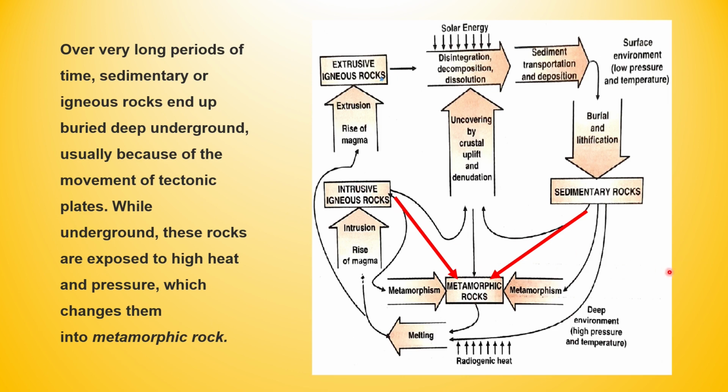Igneous rocks in the same way, it will form into metamorphic rocks, either extrusive or intrusive, because of the crustal movement, burying and getting transformed into metamorphic rocks. Now metamorphic rocks itself, suppose it is coming under the heat, radiogenic heat. So same crystals, same minerals will transform into other minerals and form into metamorphic rock itself, transforming metamorphic to another